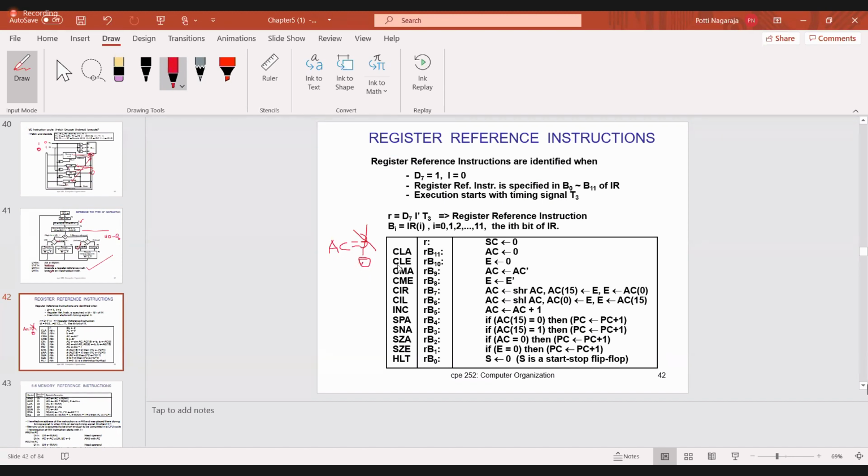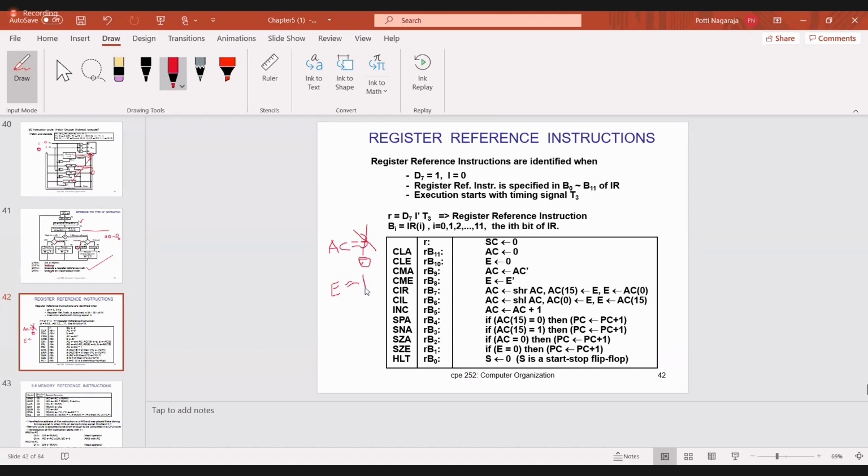So in the exam I will give one question: accumulator equal to 1010, perform the CLA operation, then what is the result? You have to write accumulator equal to 0. Similarly, the next one is CLE. What is CLE? Clear E register. Suppose I give E register as 1.